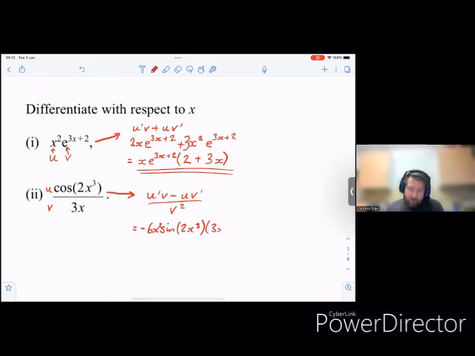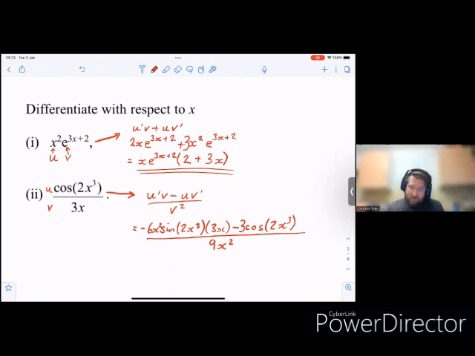So I'm going to put it in brackets just so that we can demonstrate that we're using the formula correctly. Minus uv dash, so u is cos 2x cubed, and then v dash will just be 3. So I might as well put the 3 there. That's all over v squared, which is 9x squared. Okay, now technically we have differentiated this, but